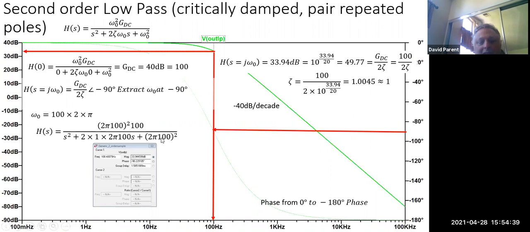So that gives me this part, that part, and I just need zeta. Here's the thing, I pull off the phase, but that's the magnitude I need. I have to make sure I'm pulling off the magnitude, and in this case, I kind of had to measure it. 33.94 dB. I convert that to a linear, solve for zeta, and I get 1.0045, which is effectively equal to